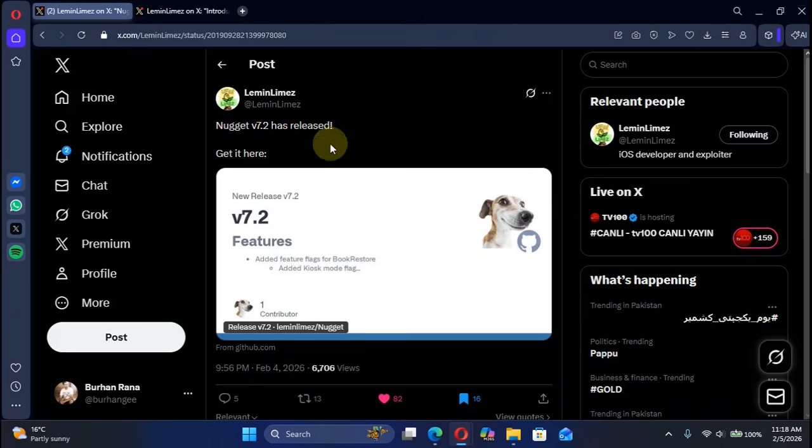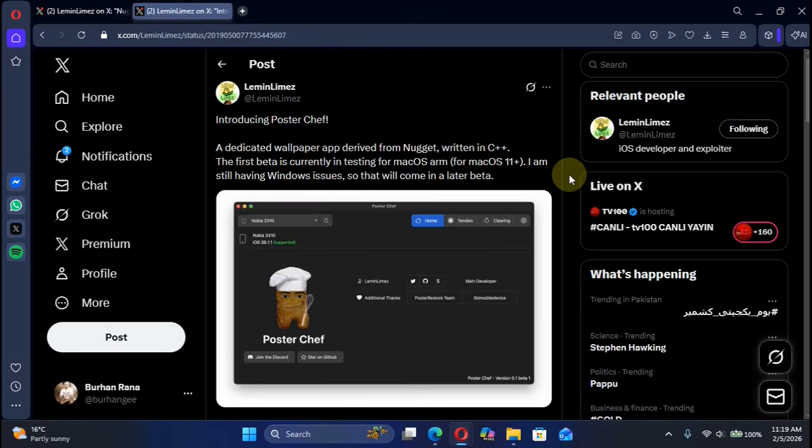As you can see, Nugget version 7.2 is here. Nugget is completely free and you can use it to customize or tweak your iOS devices without a jailbreak. We will take a look at version 7.2 in a while, but first we also have a new app in the pipeline